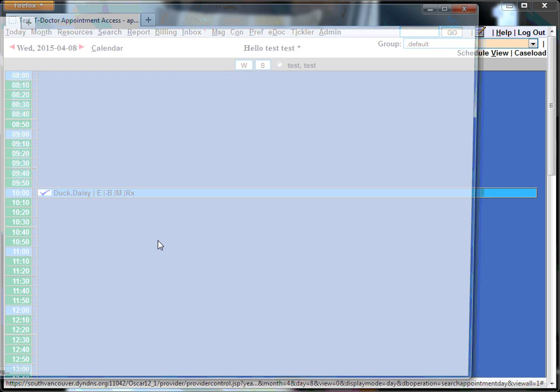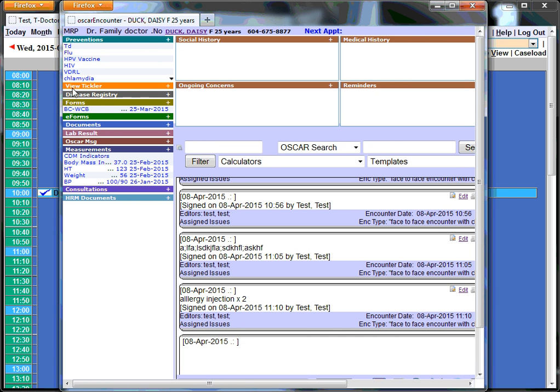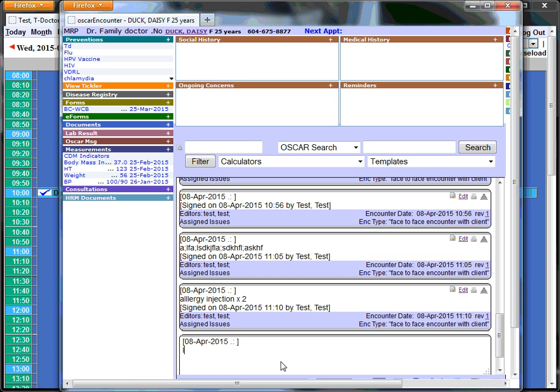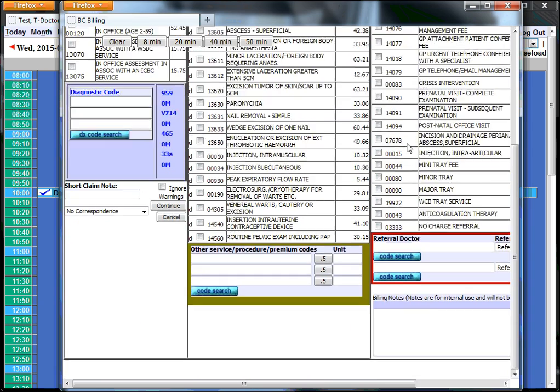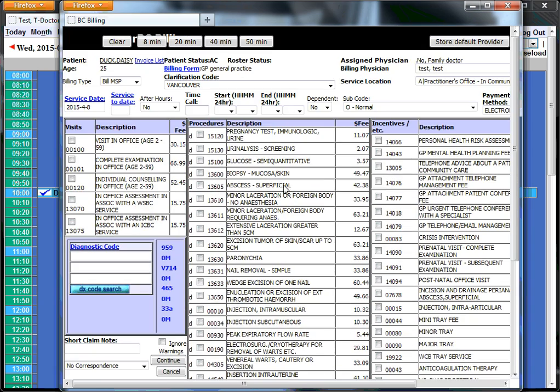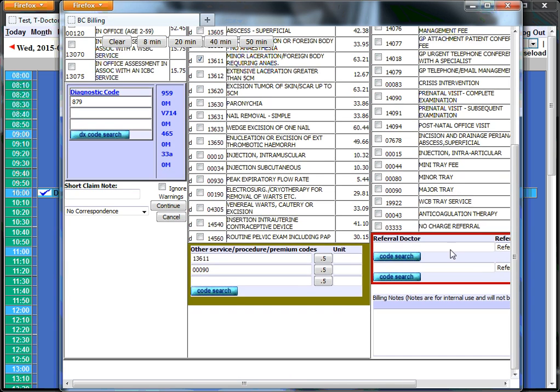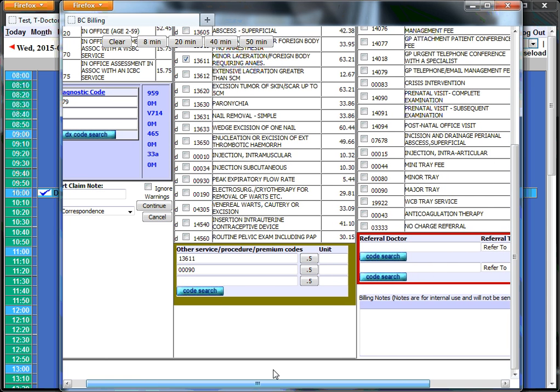Let's say the patient comes for a laceration, and this is just an MSP visit, and also they want a refill of a hypertension medication. How do you bill that? Well, you click sign, save, and bill. There are 2 options. There's minor laceration, no anesthesia. Assuming you did stitches, you just click 13611. Make sure you have the right date. And then you also want to bill for the hypertension. However,